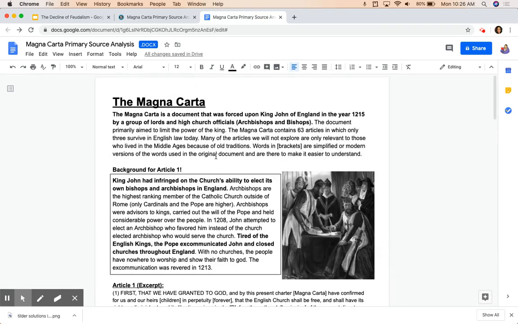If you are someone who prefers to read TCI independently rather than listen to the video lecture, it might help you out to pause it, go read your TCI, and then maybe when it comes time to work on this Google Doc, you play the video so you can listen to my explanation so that we can walk through some of this background, some of this primary document together. Okay.